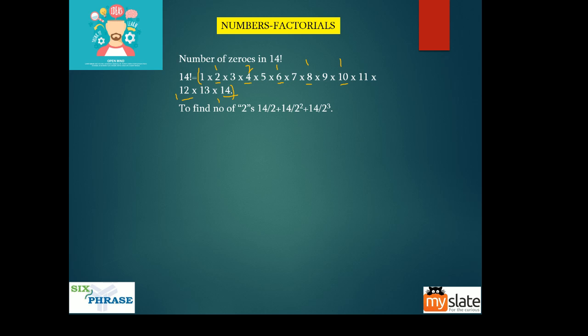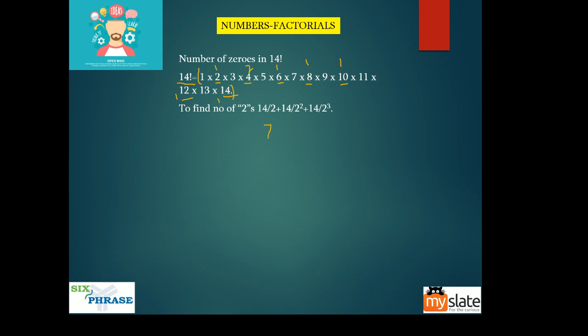So we need a formula for it. See, it is very easy to do. The way you find the number of 2's or number of 3's or number of 4's, the number of any digit in a factorial, here it is 14 factorial. The rule applies for all the digits, it is not only for 2's. What you do is take this number divided by 2. What will you get? 7, right?